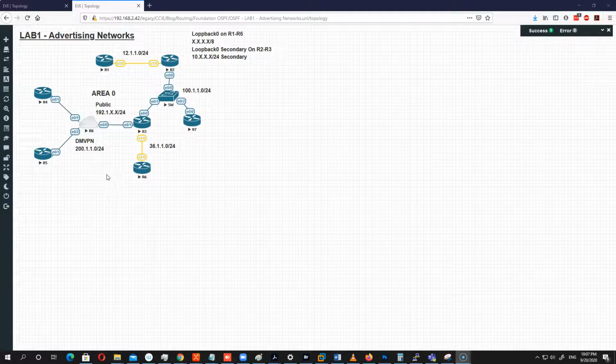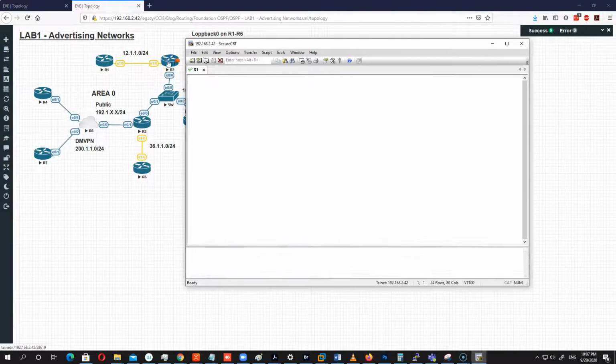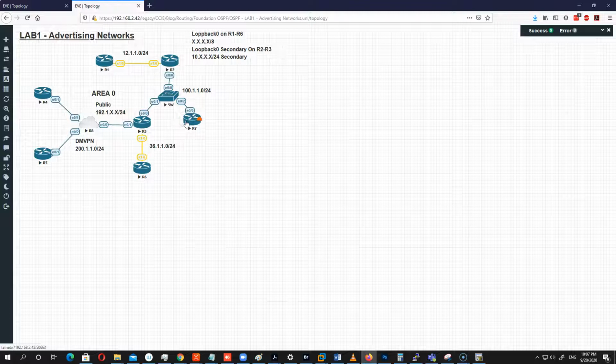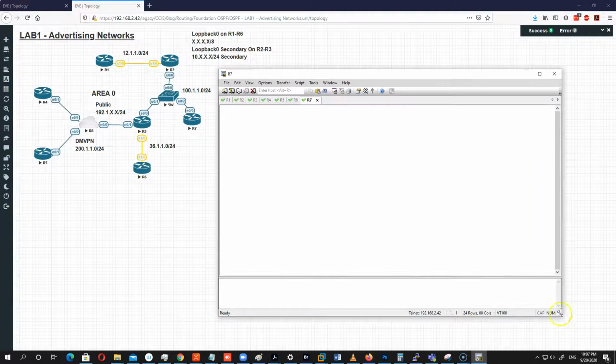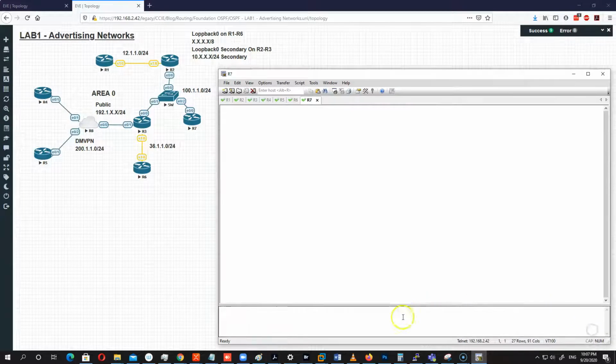So let's see. I already did the configuration of the routers to save time, so that my recording will not go above 15 to 20 minutes. So that's the idea. So let's open all the routers and see what configuration I already have on them. So if I open this, let me put it in a place where I can check it. Okay, so